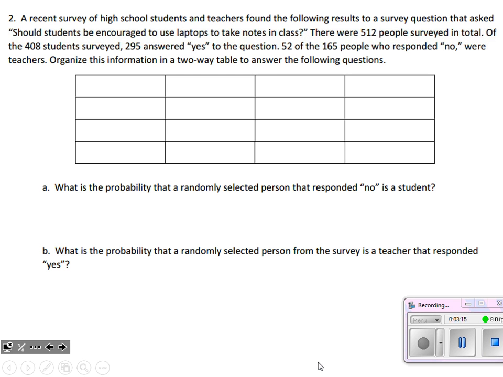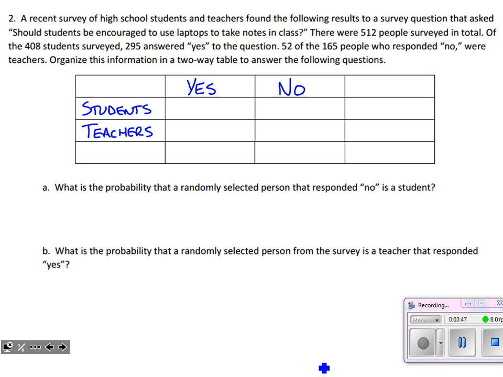All right, so one of the big things that we want to set up is how do we label these? And we've got 2 major distinctions. One is that we've got students and we've got teachers. Now, I'm setting those up as my rows. You could also have those as columns and just flip-flop this table. The same numbers would go in the same places, so we would be able to get the same results. How you see fit is really up to you. The other distinguishing factor is how they responded. So we've got yes and no.